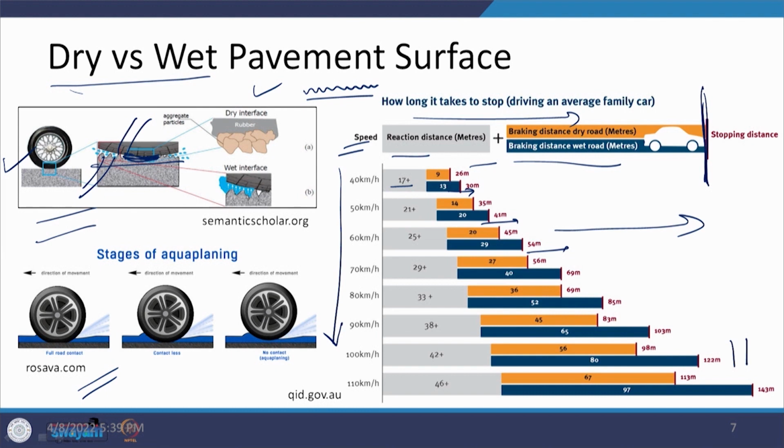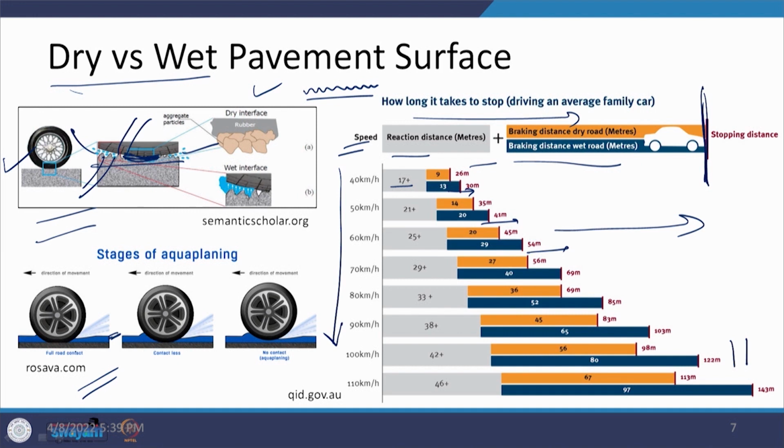Now, when this type of thing is happening and there is a very small amount of water present on this surface, then this water is going to splash out, and therefore not much of the effect is going to be there. But when this amount of water is increased in its thickness, then what happens